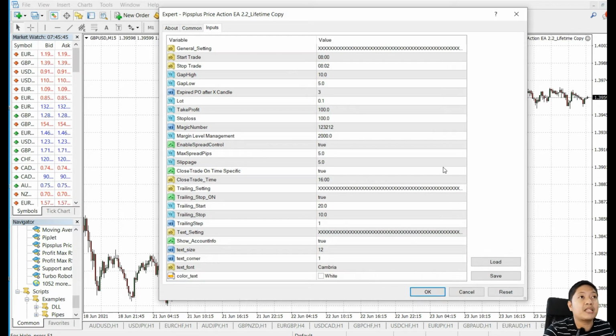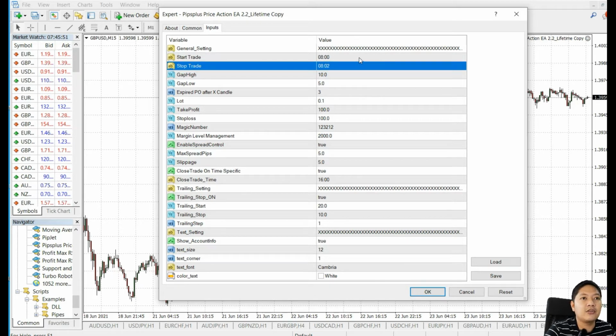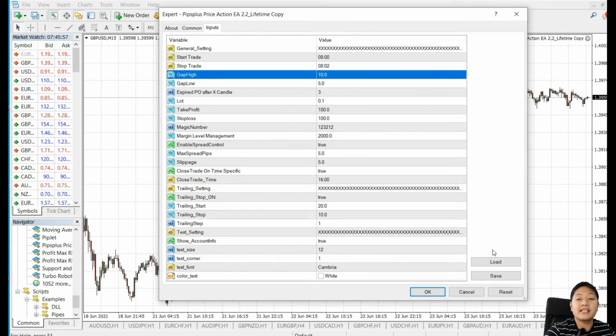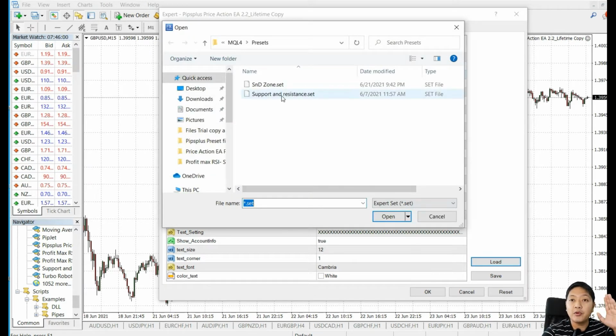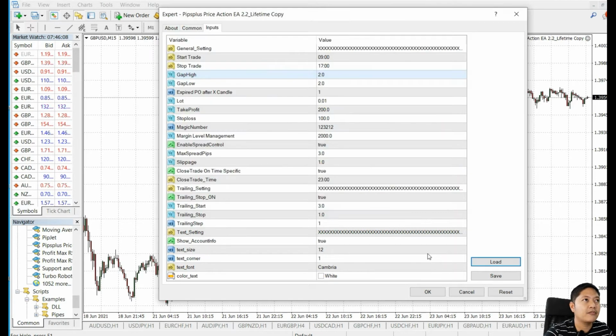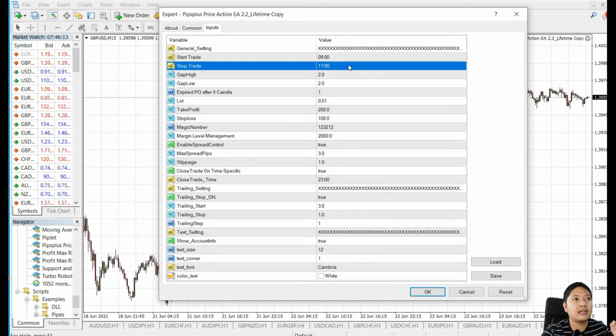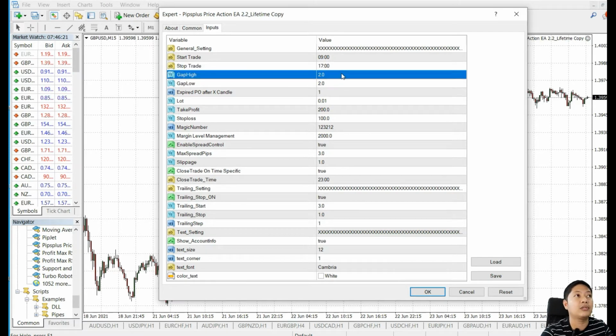This is the Pips Plus Price Action EA version 2.2, right? So the advantage of this EA is that there are quite a lot of advantages. Number 1 is you can set the time you want to open the trade, right? So let me load my preset file. So this is my preset files right here. So let me get the scalping set, the tight spread, or the tight settings. So as you can see, guys, you have the start trade and the stop trade. So you can set the time when you want your EA to trade, and then the gap and high,